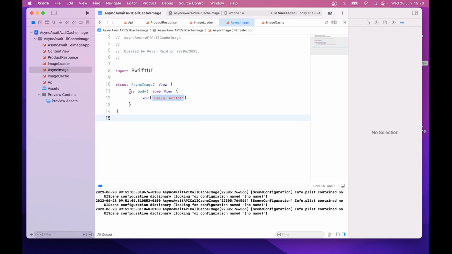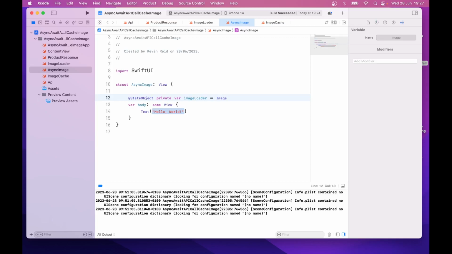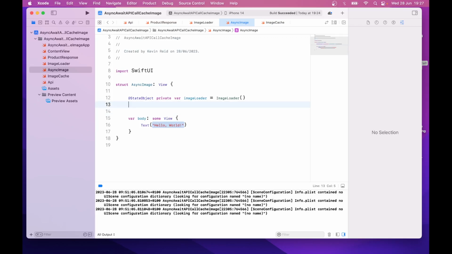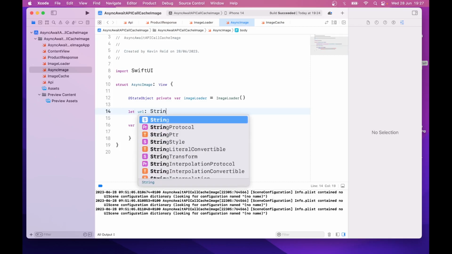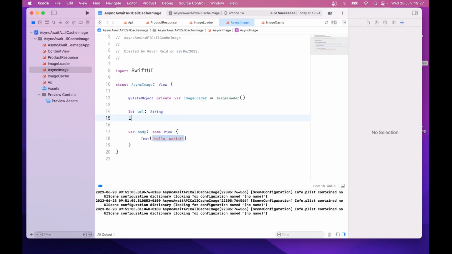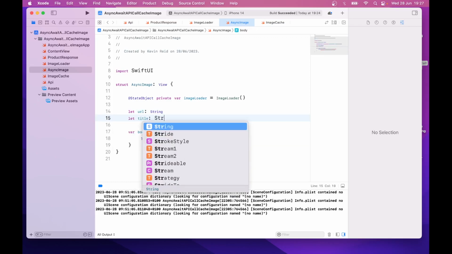And then after line 10, just enter @StateObject private var imageLoader = ImageLoader(). Let urlString, let titleString,